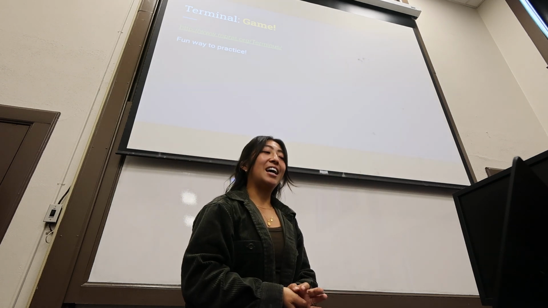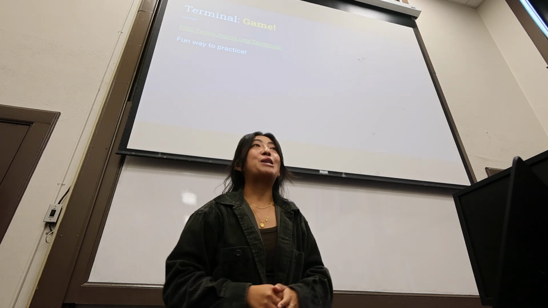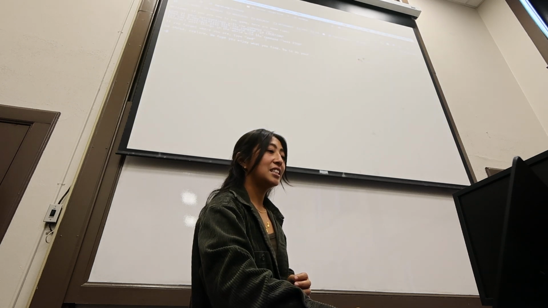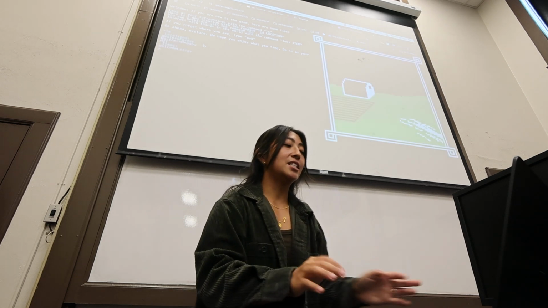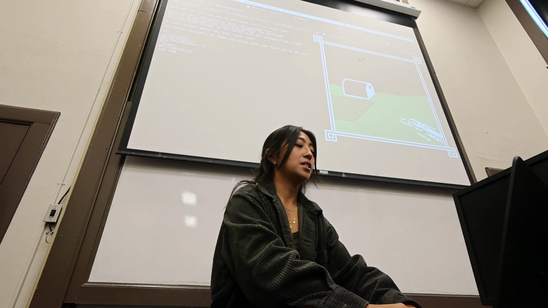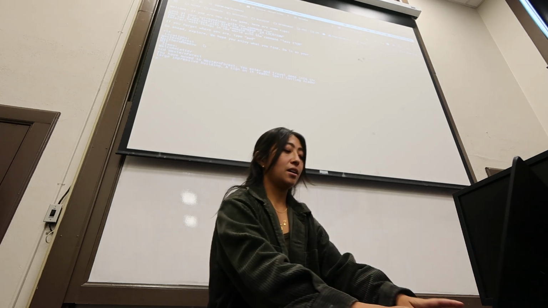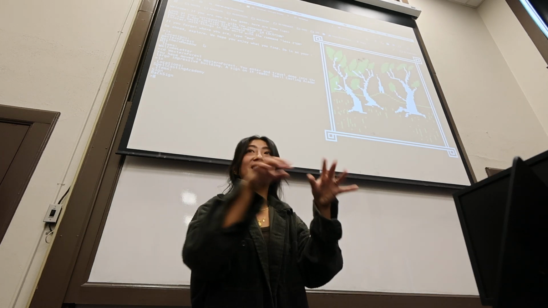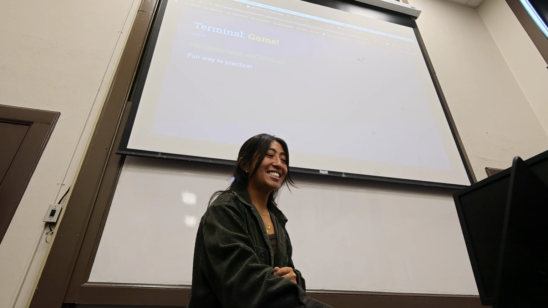But yeah, a really fun way to practice using the terminal is by running this game in your browser. So if anyone wants to, you can go ahead and do it. I can show you. It's like, welcome, here's this place you can explore. You can do ls, see where you are. Gives you this. And then let's say I wanted to cd, I don't know, Western Forest? Does it work like this? Oh, okay, ls, see where I am, right? So a really cool interactive kind of game where you can see stuff. So if you want to play it and learn it, do that.